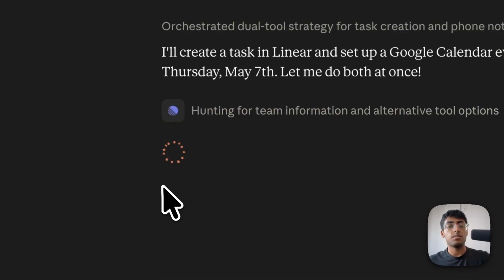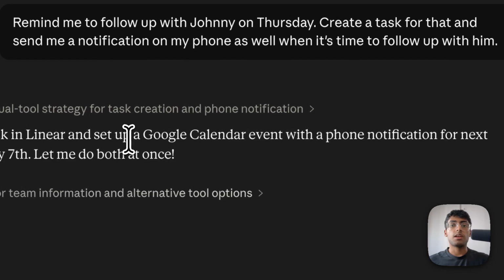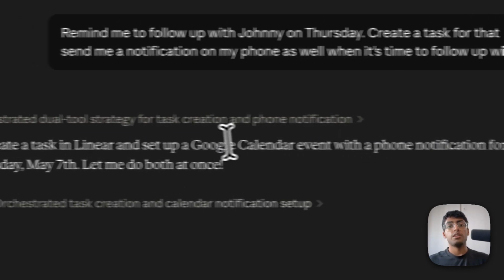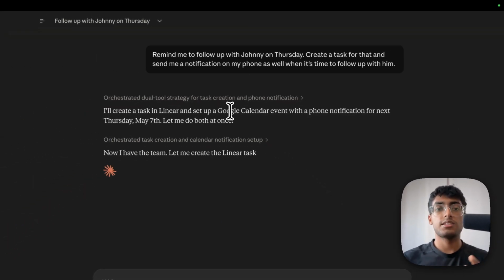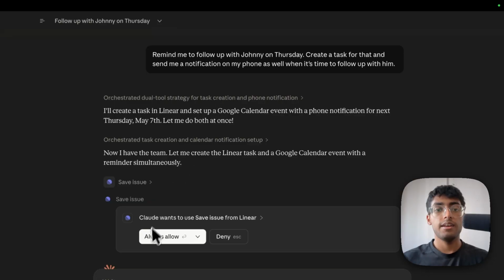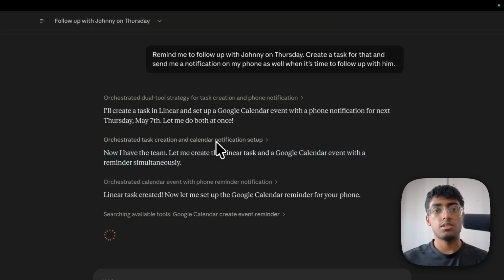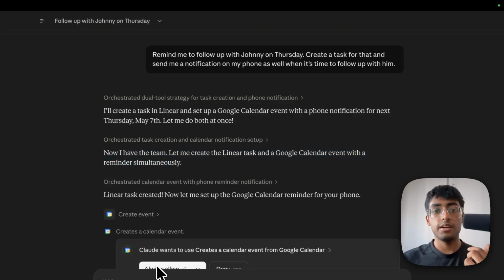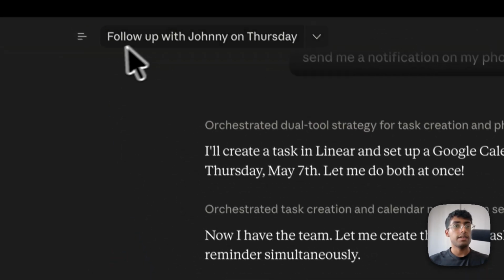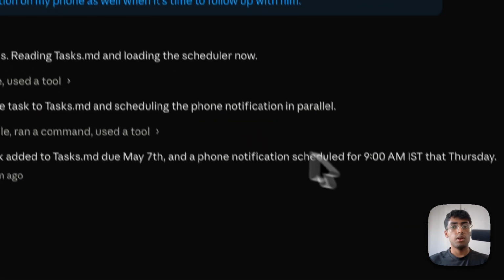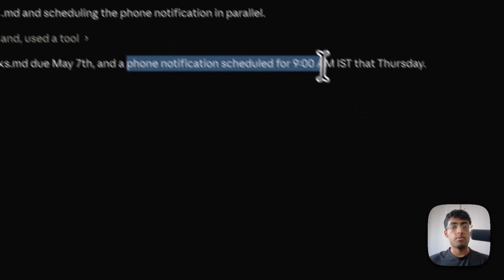Okay, let's just give it the benefit of the doubt. And then it's saying, okay, Google Calendar for the phone notification. So you see the difference there. Here, it just used what it had. If Linear and Google Calendar were not connected, it could not have done this. But over there, it specifically chose the Obsidian task system, and it specifically chose to send me a phone notification